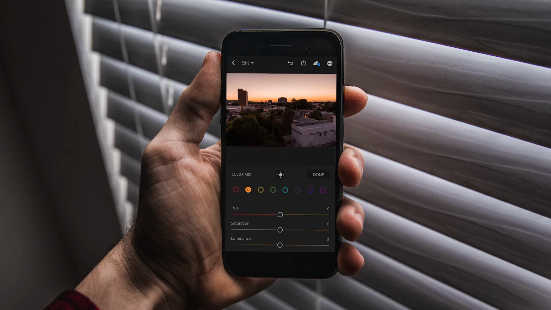Now we'll go to the orange tab. And we'll slide the hue as well. It's definitely up to you what color you want the sky to be. So I'll slide it over a little bit to the left because I want that red orange look. You can go all pink, you can go all green. That's definitely up to you. As long as you keep practicing, you'll keep learning, you'll get your own editing style. So I'll raise the luminance here as well to the right just to give that color a little orange,